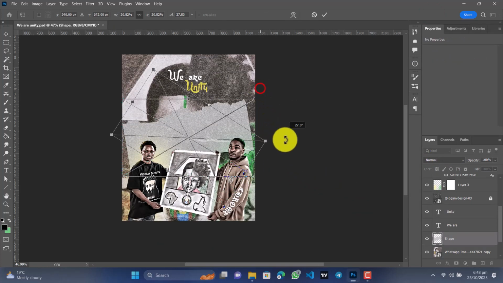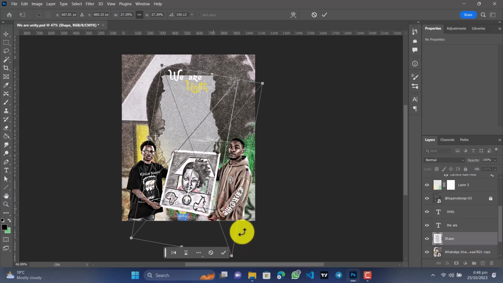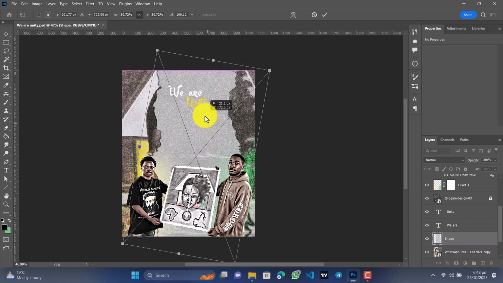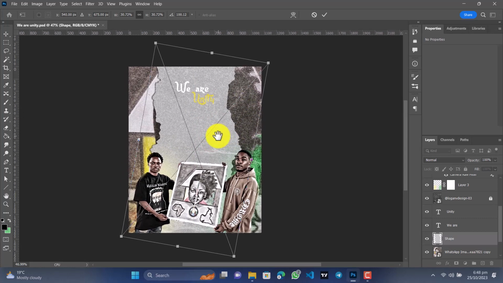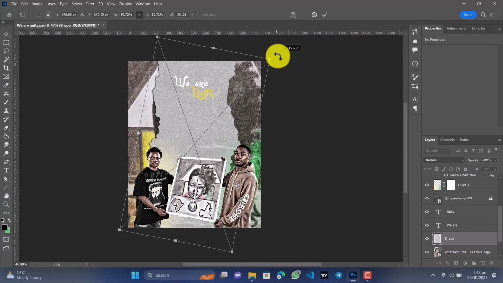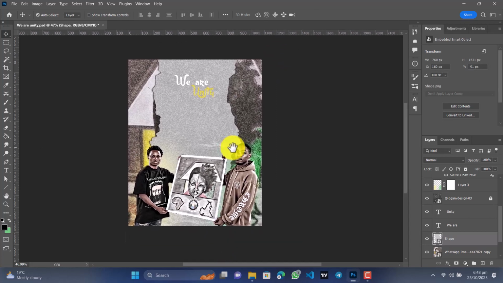So now that that is done, I brought in this paper texture that I have here, this divider, and rotate it. I want to give it some kind of cool effect, like dividing the images a little bit. Scale that up. And before doing that, make sure you duplicate the image in the background. I duplicated that image in the background and just kept it. Okay, now this position is fine,